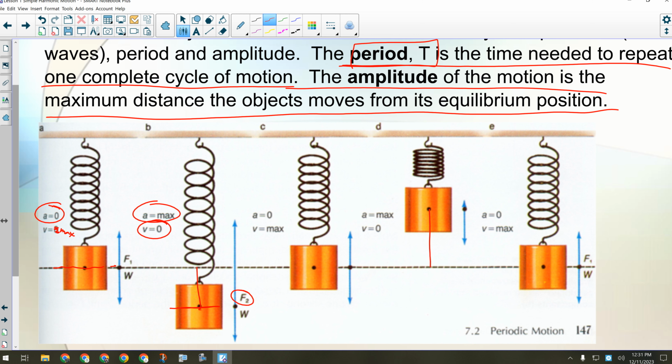So when it gets back to equilibrium, we're once again at a maximum velocity, but no acceleration, because once we get to equilibrium, the spring is neither stretched nor compressed. So for something oscillating with simple harmonic motion, it is like an exercise in failure. The restoring force is always trying to restore equilibrium, but every time it gets there, it just goes